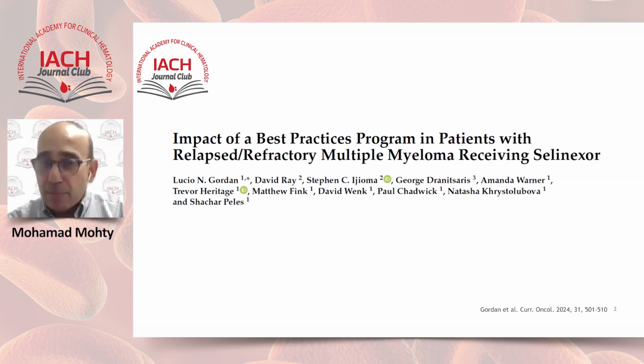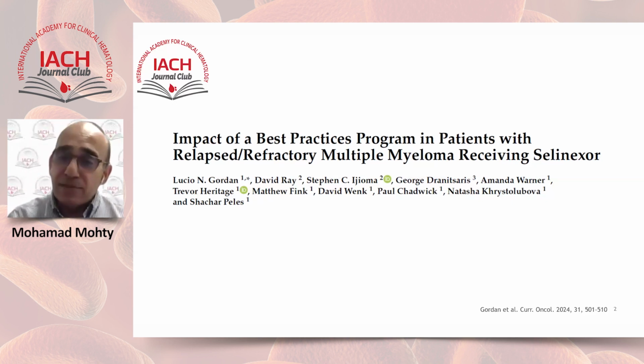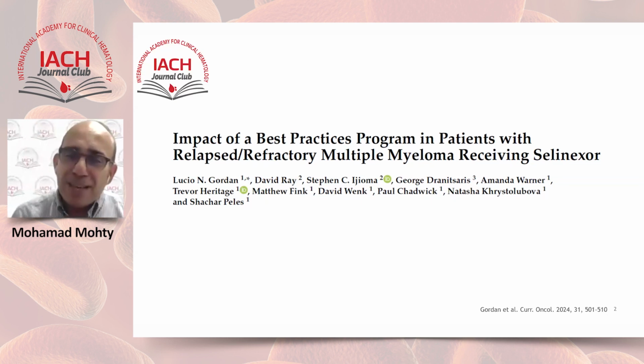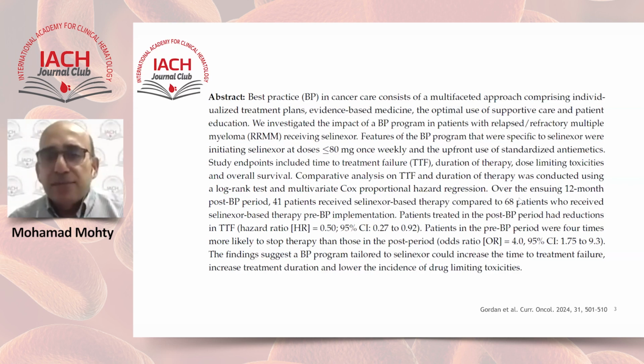And it's a very nice paper, showing how by just modifying the way we administer drugs, the schedules, the dosage, the duration of a given cycle, we can definitely improve the outcome. And our discussion will go beyond selinexor because it is absolutely relevant to any drug we use in multiple myeloma, and I believe beyond multiple myeloma. So you can see the abstract of this paper, and it's relatively straightforward. This is a team in Florida, I think,